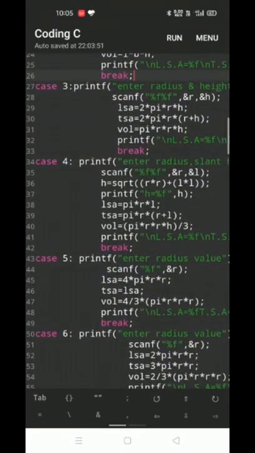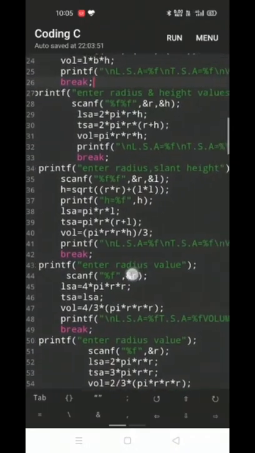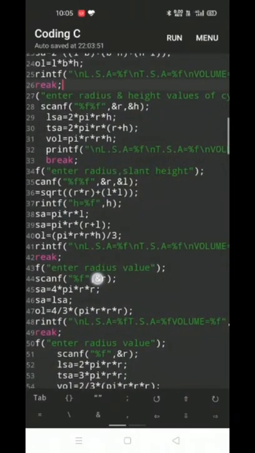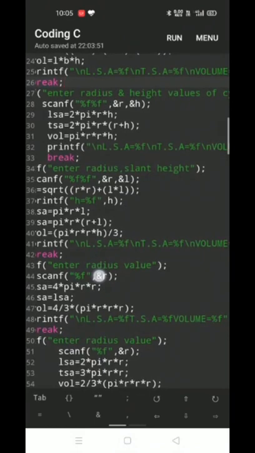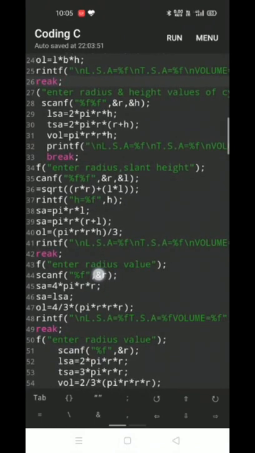And then case 4 represents the cone, which needs radius and slant height.